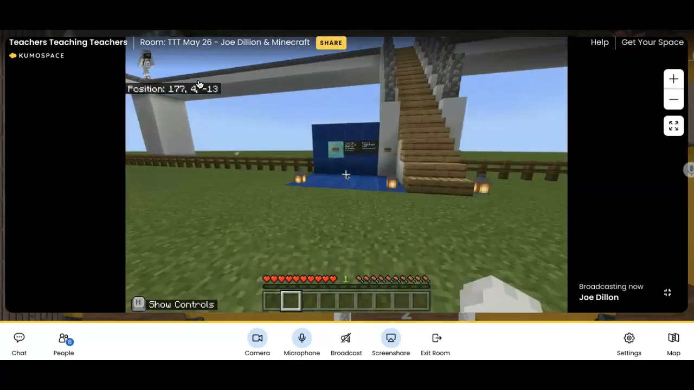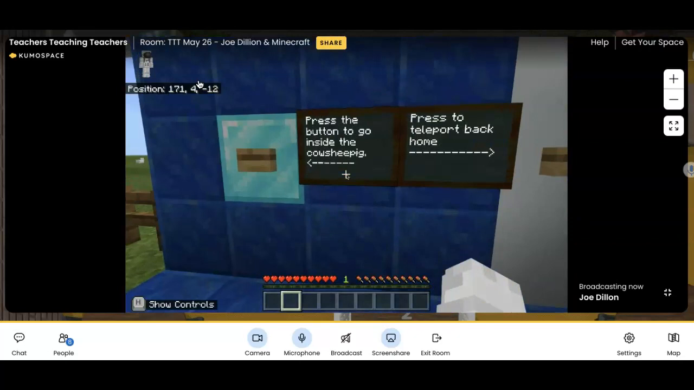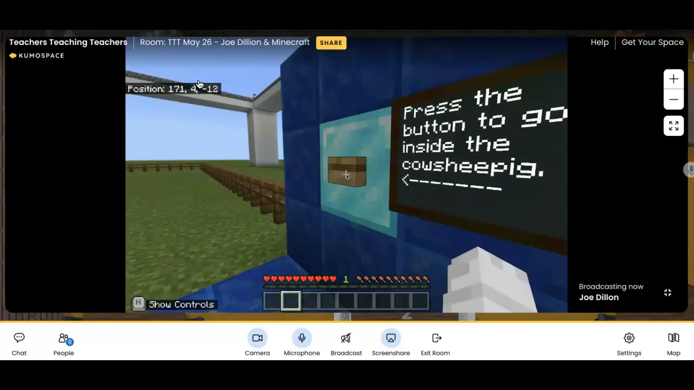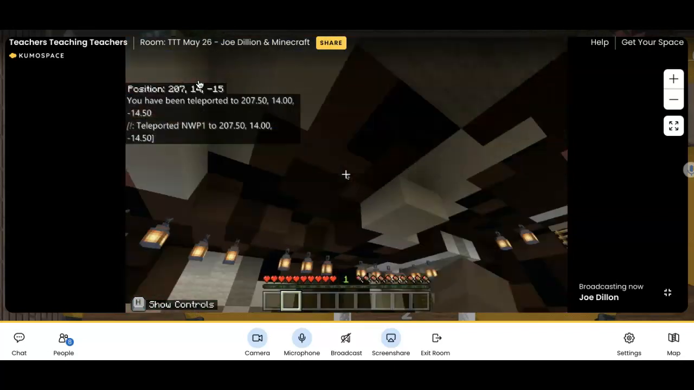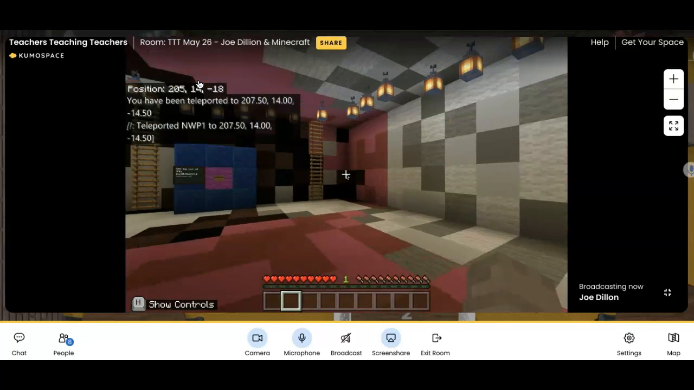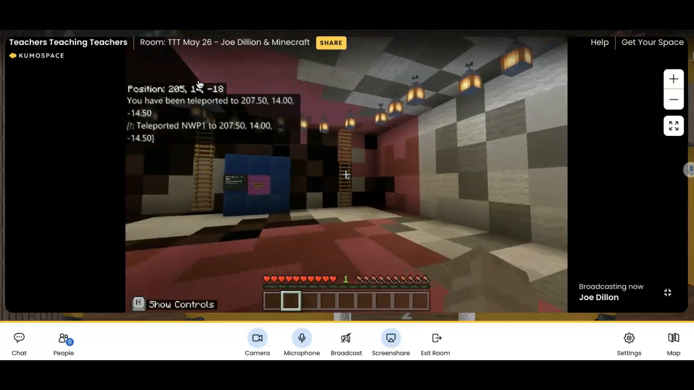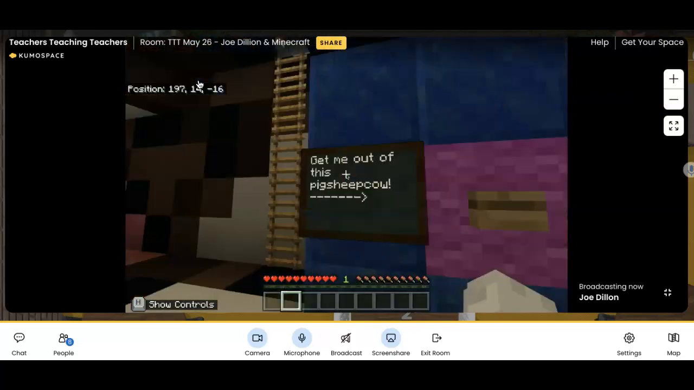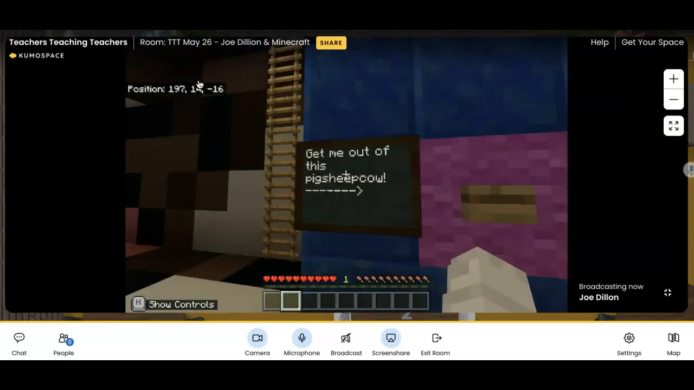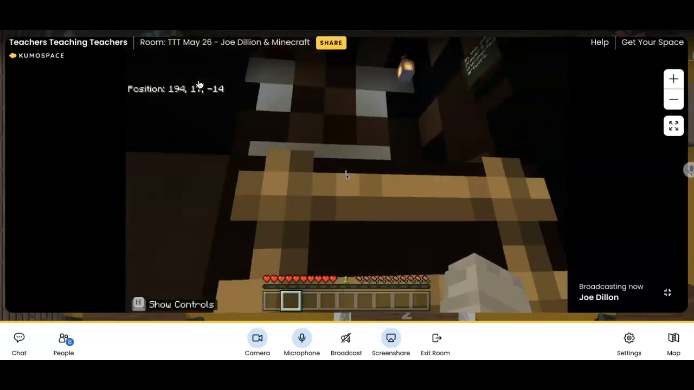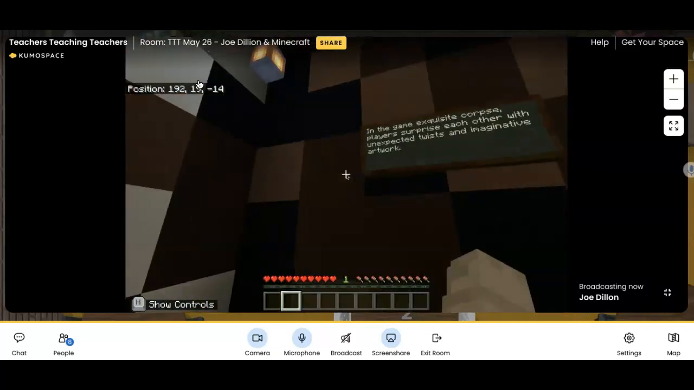Oh, what you do is you come over here. Oh, there's a button. Yeah, you can either go to the home or you can go inside the cow, sheep, pig. So now I'm inside. Again, this is the idea of me just telling them to build something weird. Then they can click on a button to get out of the pig, sheep, cow, or they climb these ladders and encounter all kinds of